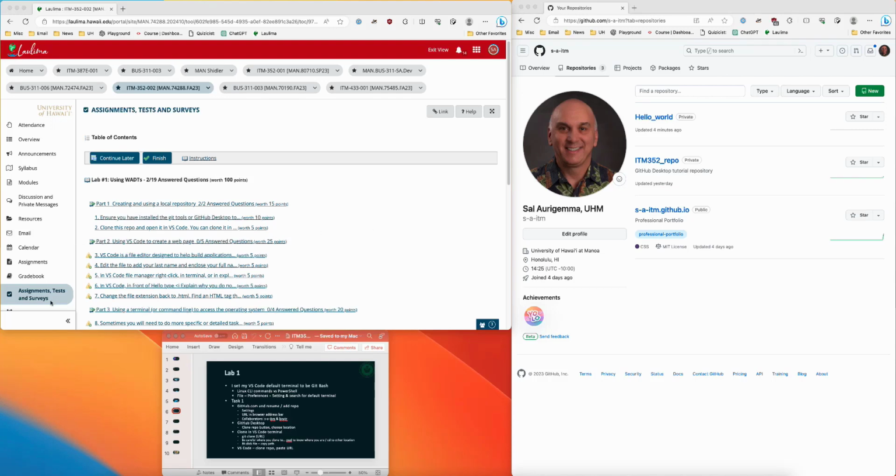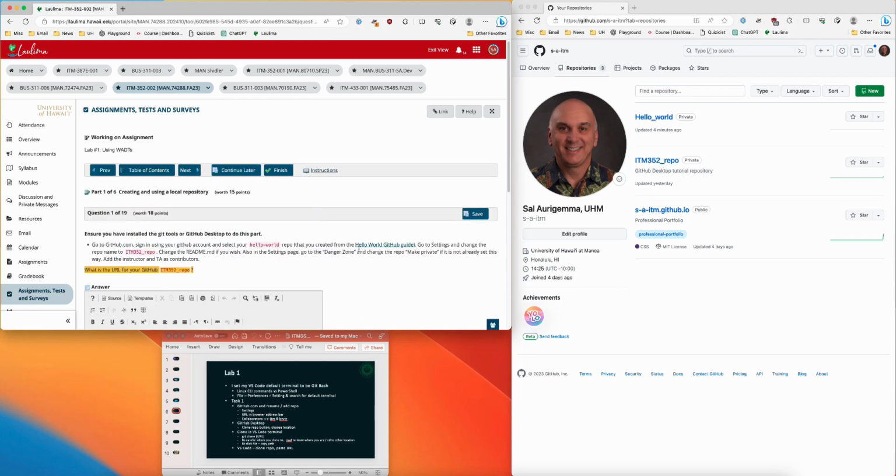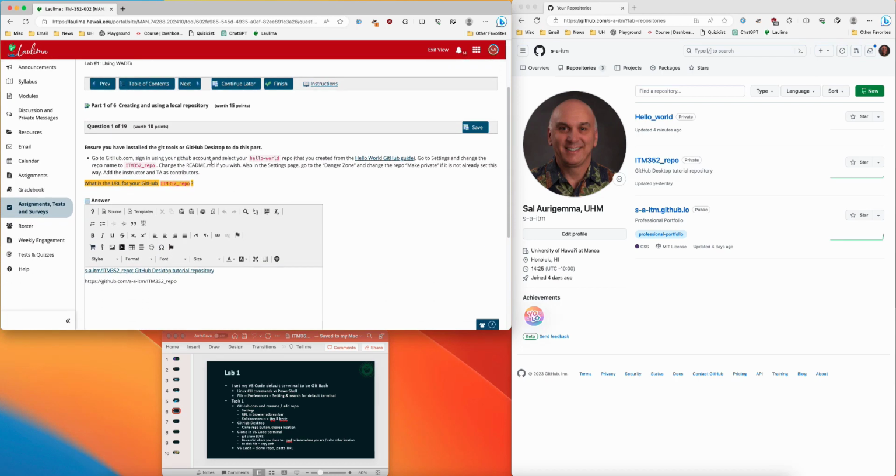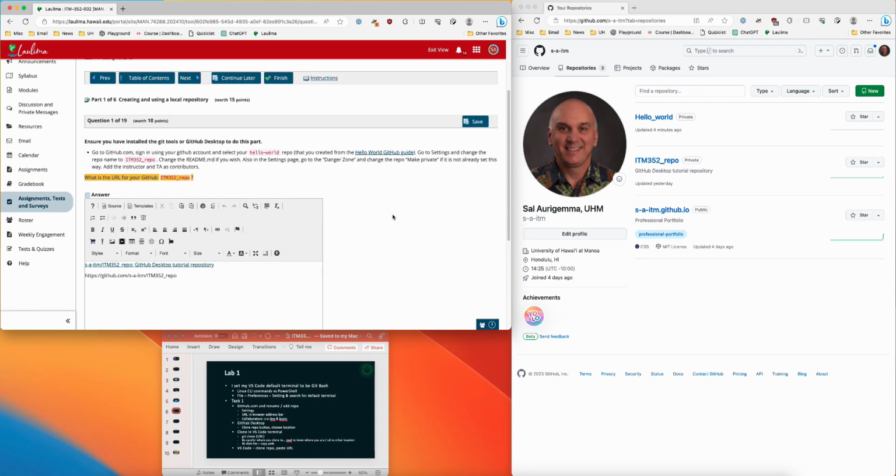Well, hello everyone. This is Lab 1. I'm doing it on my Mac. Lalima on the left, GitHub on the right, some PowerPoint slides that I have loaded on Lalima below. No big deal. Question number 1 tells you to go to GitHub and change your Hello World repo name